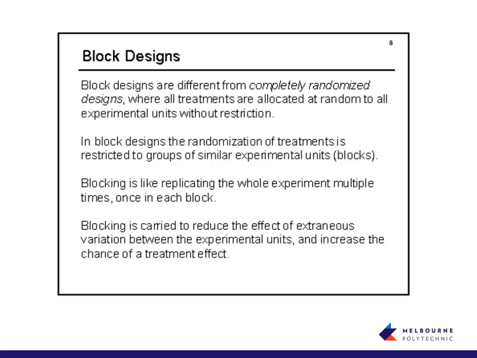So we use blocking when we don't have a homogeneous group of experimental units. In the case of, let's say, if we're using animals or humans as our experimental units, or if we don't have a homogeneous environment, if we're using a physical landscape to experiment on. So an example might be, we want to find out the average IQ of school students. If we randomly selected students from a school, we may by random chance select students in grade 5 and 6 who haven't fully developed. And therefore, we may underestimate the true mean